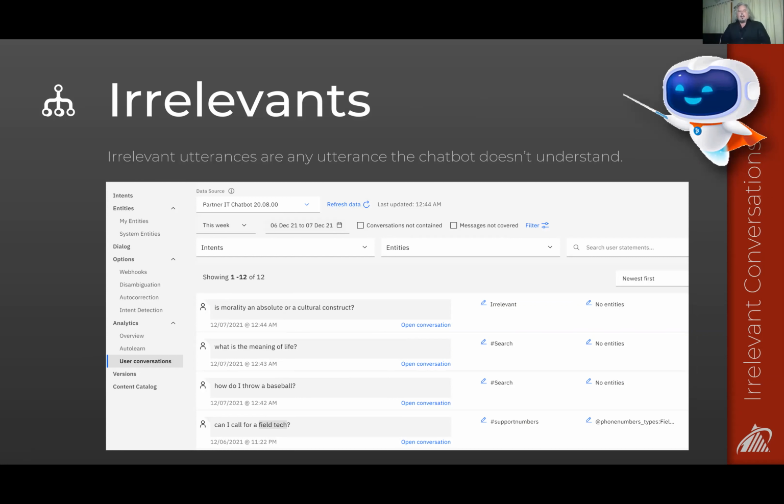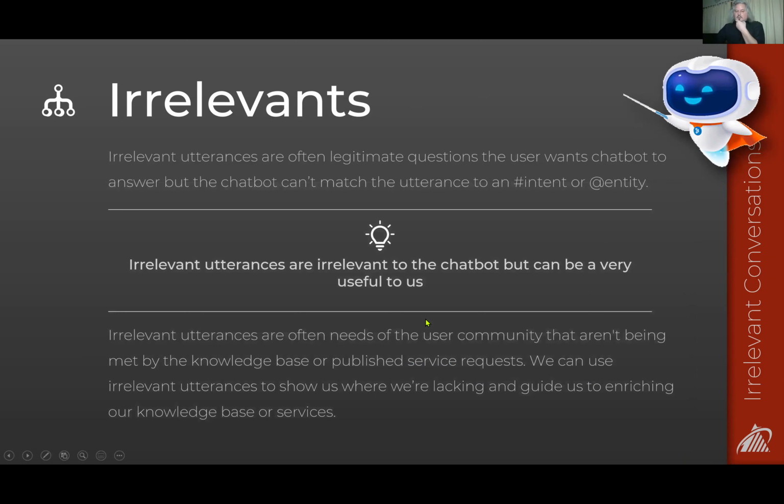And I have found that either people misunderstand what irrelevant conversations are, or they don't know how to leverage them. Really, an irrelevant conversation doesn't mean that the utterance is irrelevant. It just means the chatbot doesn't know what you're talking about. We saw that earlier with a little bit of training, but we're going to take a closer look at irrelevance. I could have said spoiler alert, because I just talked through this whole slide, but to reiterate,